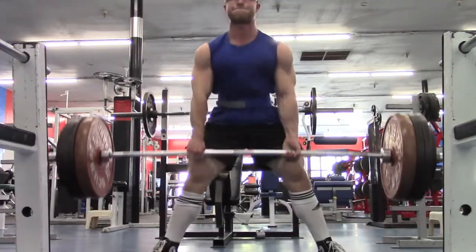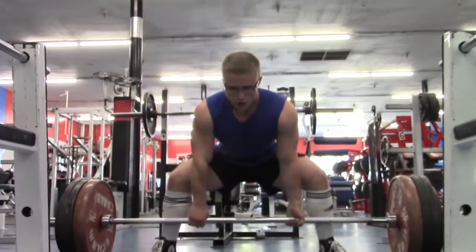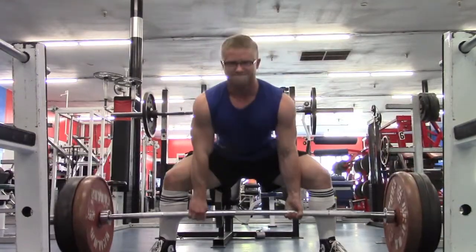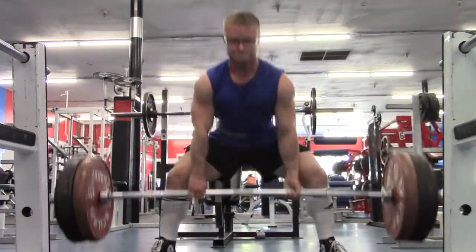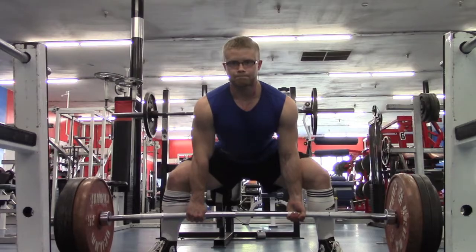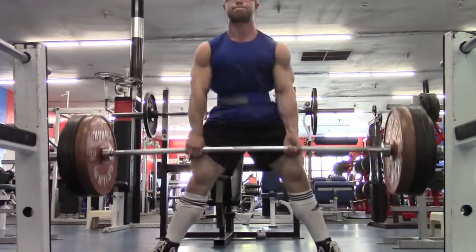Yeah, I have super short femurs and I have really strong quads. So taking a closer stance actually just feels a lot more comfortable for me, and it's always worked for me. So I'm thinking about making a switch back to there, just because I'm not really particularly fond of the